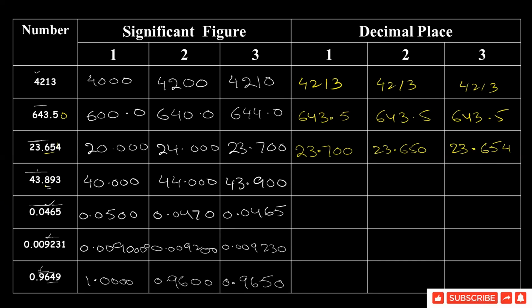43.893. So if we round this number up to first decimal place, this is 8. So we write here 43.900 because after 8 you have 9, then you will discard this 9 and 3 and add 1 to the previous digit 8. The next one is you have